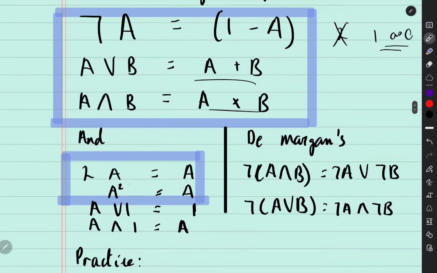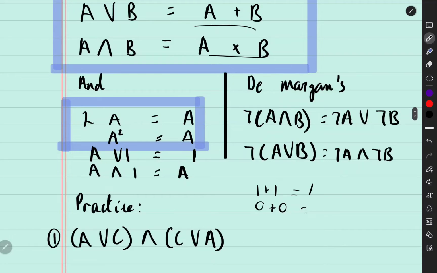So if 1 plus 1 gives you 1, 0 plus 0 is equal to 0. So that's why 2A is equal to A, and A squared equals A. A or 1 is always 1, right? Because if A is 0 or 1, you're still going to have an output of 1. A and 1 is A, which makes sense because A plus 1 is 1, but A times 1 is A,